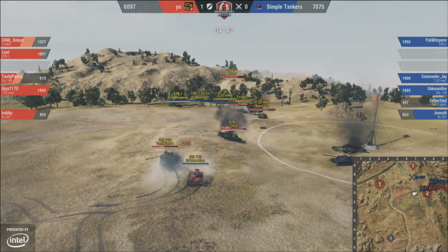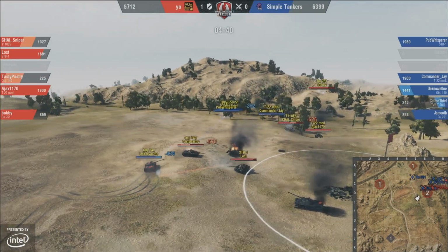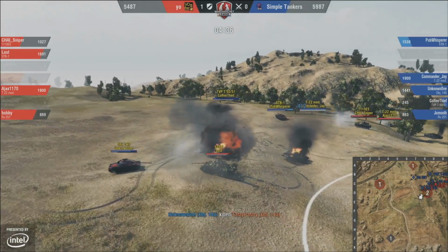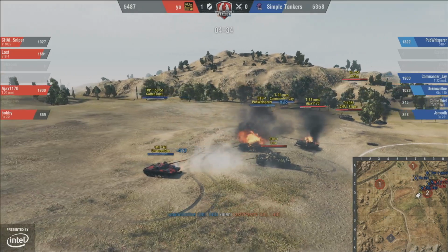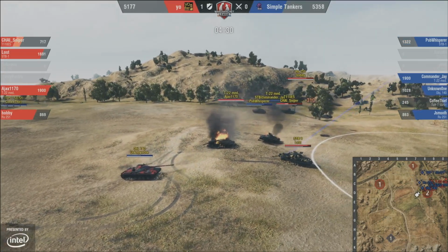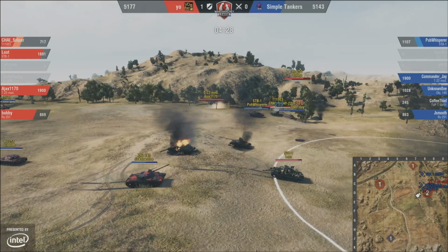Not in a good position to be right now. Tasty Pastry and Lost just have to turn their turrets, and they will take him down. No one, though, finds Tasty Pastry. Maybe it's a great position to be in here for that 140. Getting tracked now, taking a shot in the Lost, bouncing that one off, and Chai Sniper is the one being